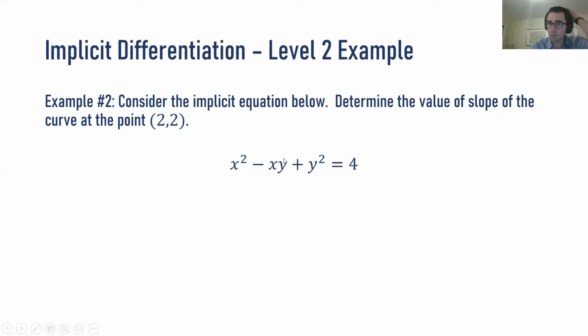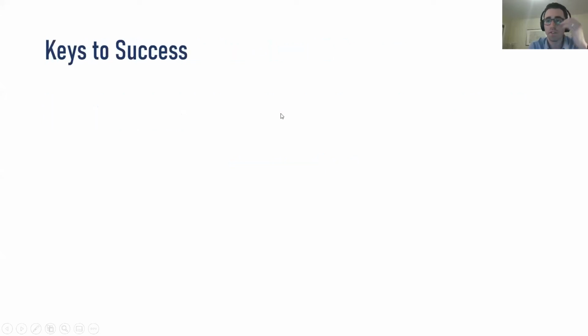So we just tackled example 2. Some wrinkles that made that more complicated are that it asked for the slope, which we had to infer was the derivative, and it gave us the point (2, 2), and we had a secret, not so secret actually, product rule there in the middle. So to recap, our keys to success on the chain rule, which is what we're working on,